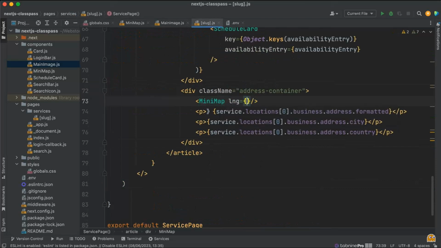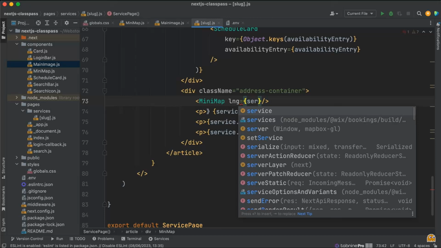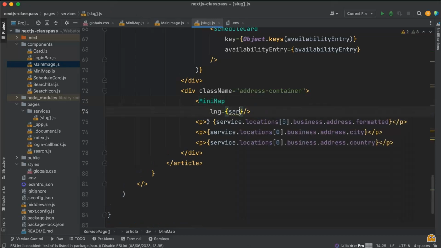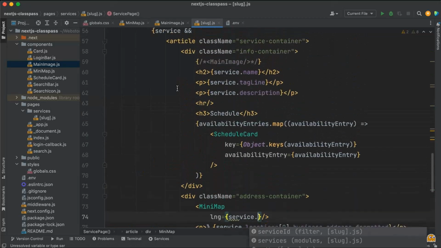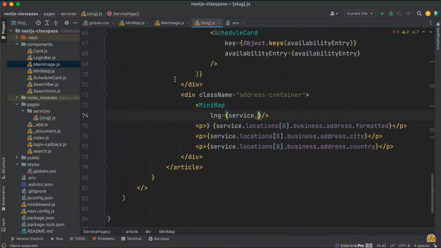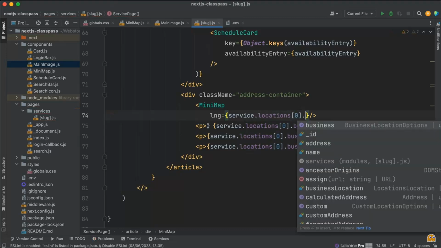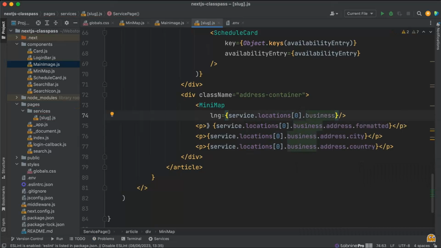So LNG equals, and we're going to go into the services. So perhaps let's put this on a new line. We'll check if the service exists. Well, actually, we're already wrapping it in the service, so it has to exist. So we don't need to check if it exists. We're just going to get the service. We go into locations and then get the first item from there, and then get the business address location